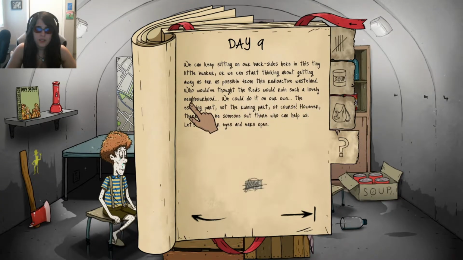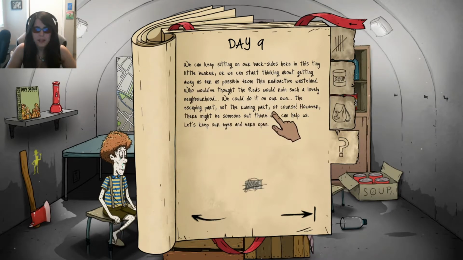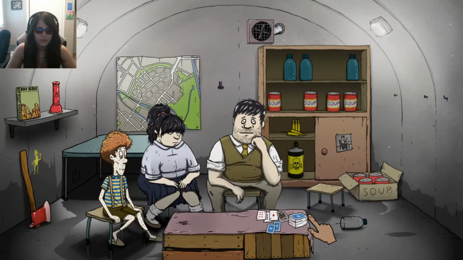Brett's could run such a lovely neighborhood. We could do it on our own, the escaping part, not the ruining part, of course. However, there might be someone out there that can help us. Let's keep our eyes and ears open. We don't have a radio. We're not as well equipped as I...